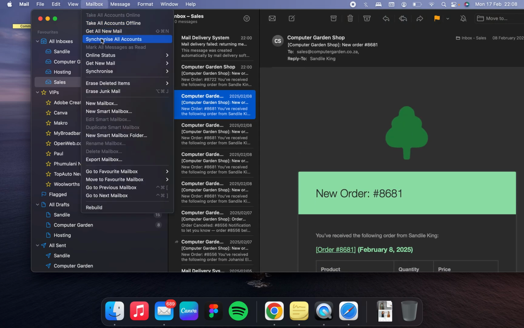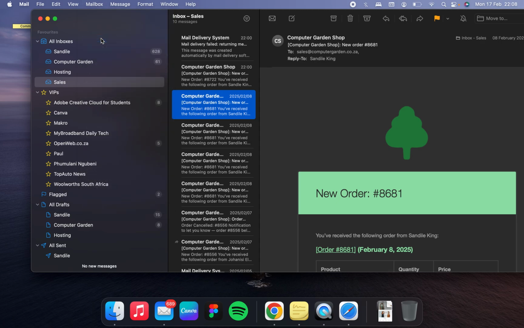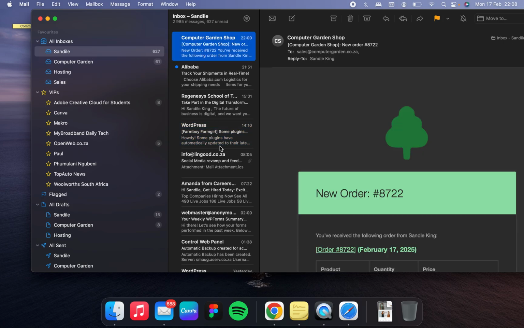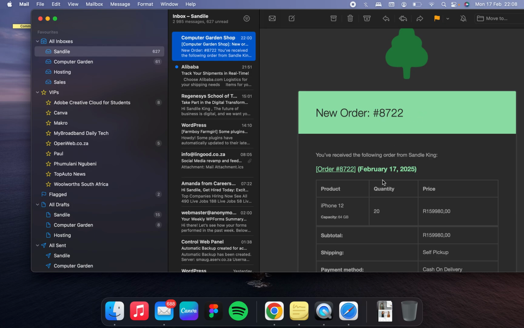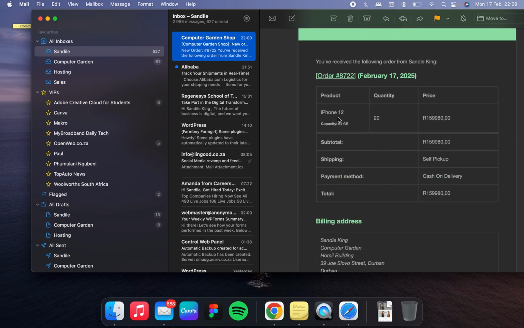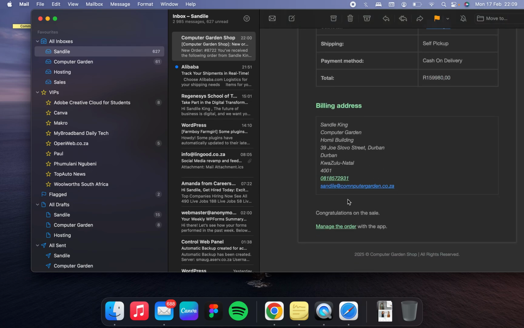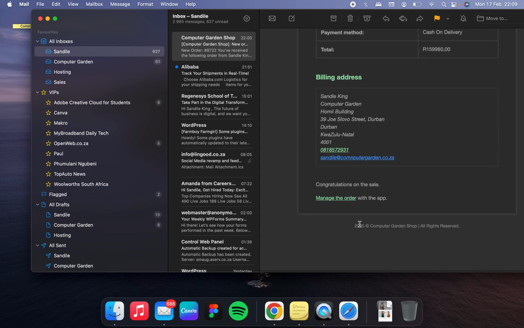Let's just let it sync as well, sync all accounts, so that we can also continue getting new emails. As you can see right now, computer current shop, here's my order. The 20 iPhone 12s that I was ordering, and the quantity, the price, my name, where it's delivered to, and